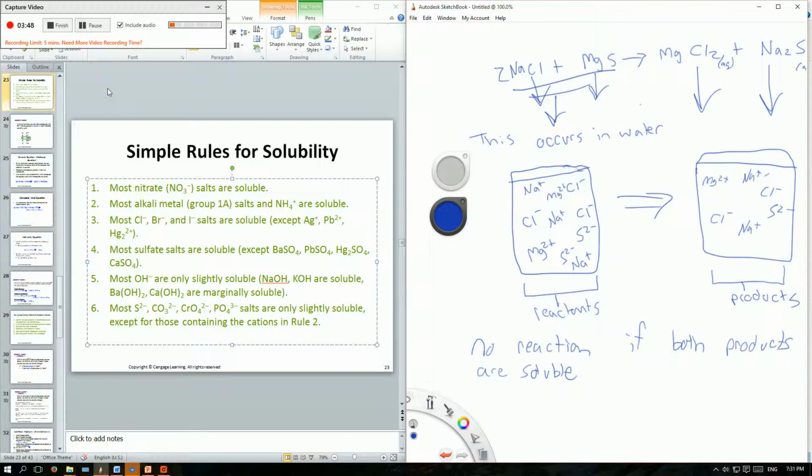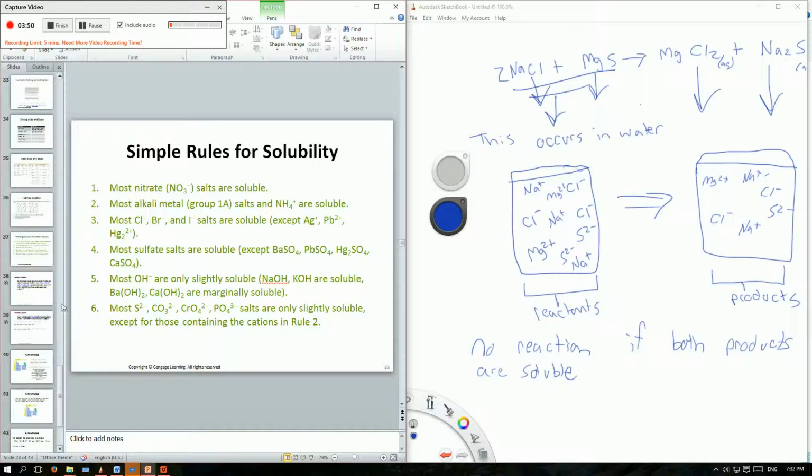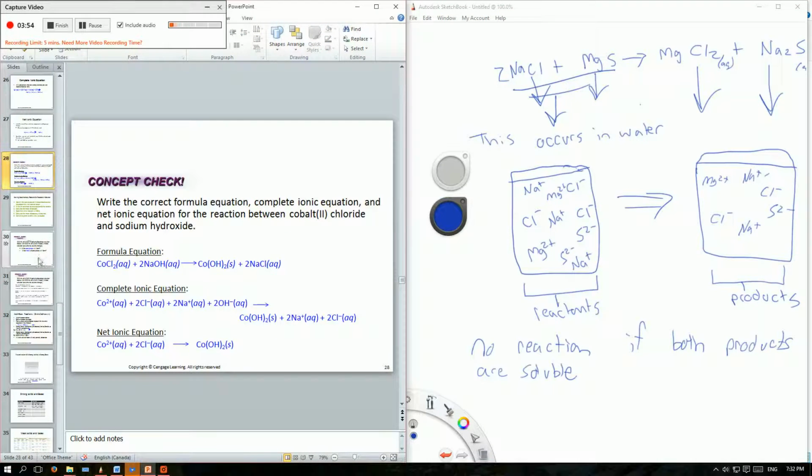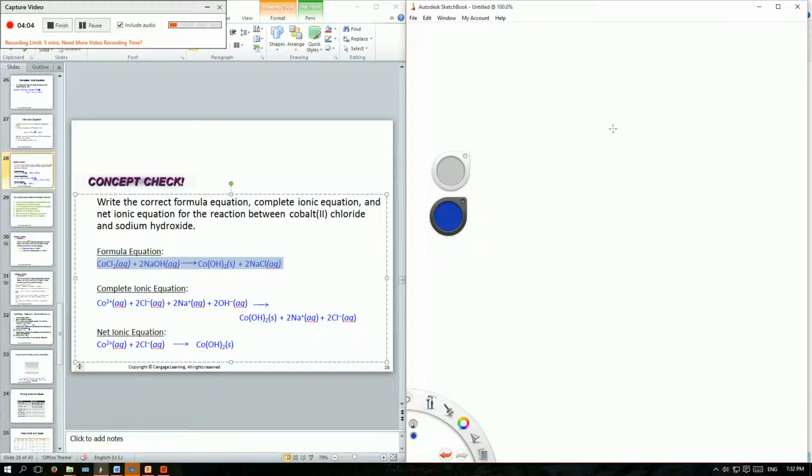So that's just kind of by chance. Like I just kind of picked those salts, those ions, just because. But the same thing happens here. I went through this already in class, but we'll go through it again. So for this one, the formula equation is this: